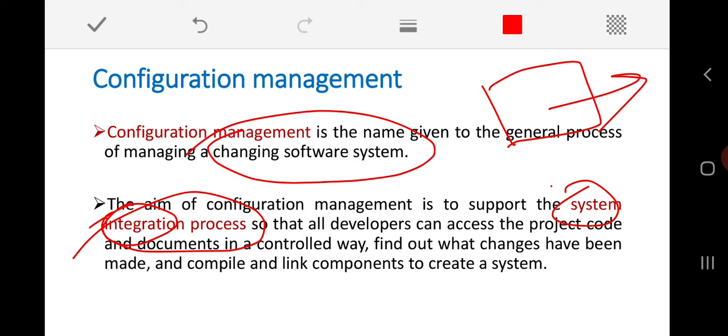While performing system integration, configuration management is very helpful for all the developers, because they can access how the software has changed, what its new version is, which component with what version is to be integrated, and how the changes have taken place.